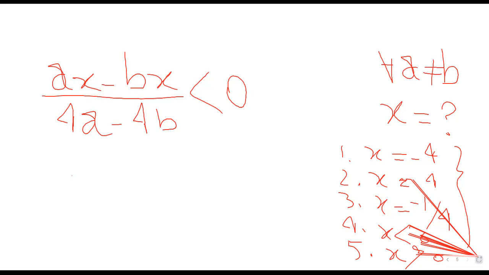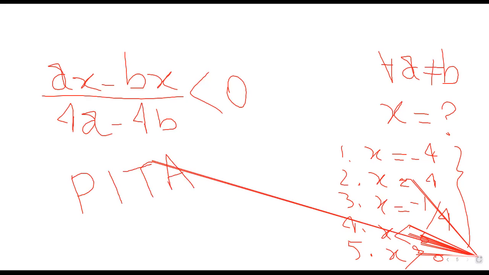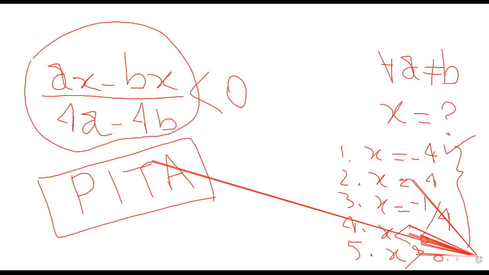That is called PITA, or PETA. Put in the answer, or plugging in the answer. So if you are putting minus 4 in place of X, what will you get? If you are putting plus 4, what will you get? If you are plugging in minus 1 by 4, what will you get? So this will be eliminated. I am sure you will not get the right